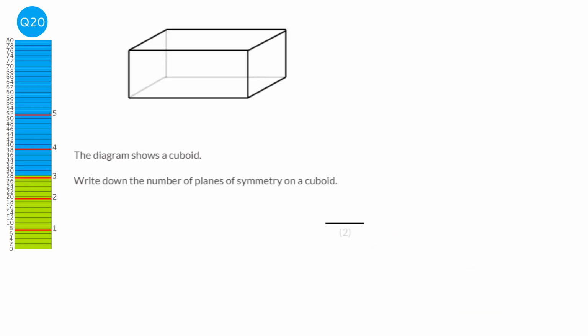A plane of symmetry is anywhere you can cut a three-dimensional shape, in this case a cuboid, and put it up against a mirror and it looks like the original shape. So if we were to cut the cuboid here, and then put it up against a mirror, it would look like the cuboid again. Similarly, if we were to cut it along here, it would look like the original cuboid again. And finally, if we were to cut it up the top here,